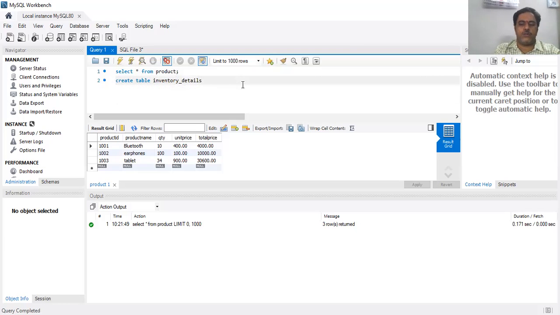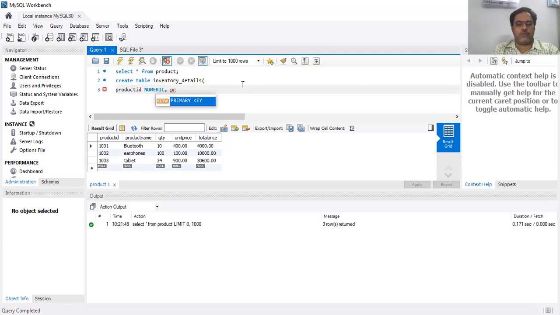To the table, you have to add the number of columns. For example, product ID numeric, comma, product name varchar of 20, comma.